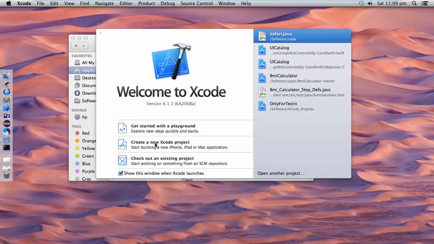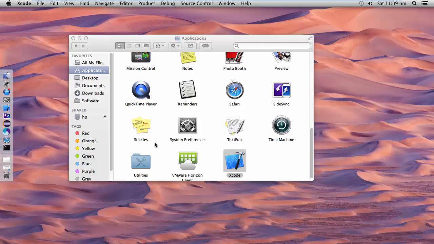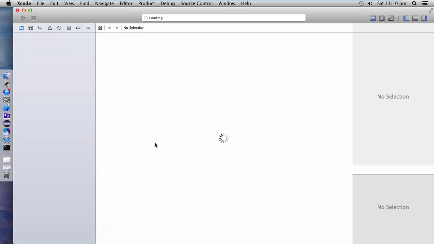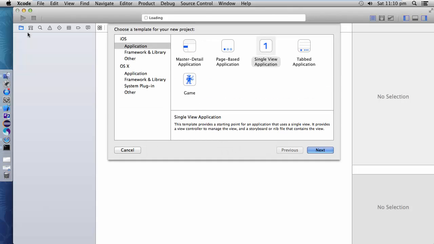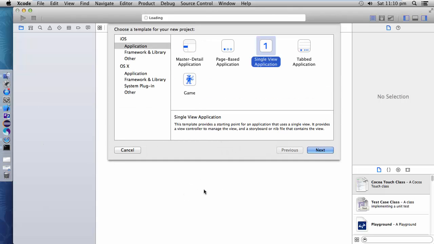We need to say here, create a new Xcode project. This will look something like this. We have a lot of options to create a sample project, but I'm going to select a simple view project, or I can say single view application,